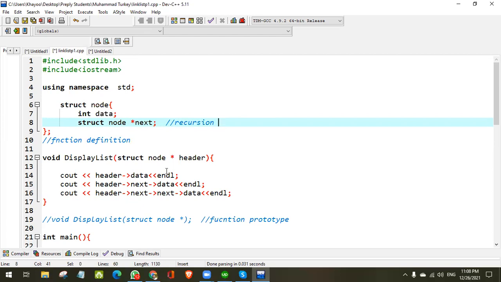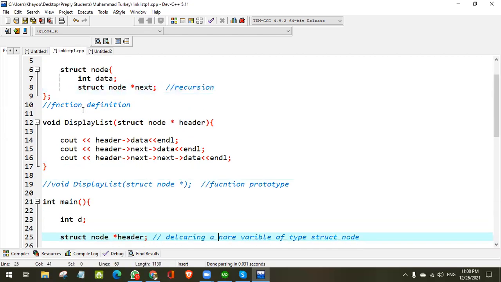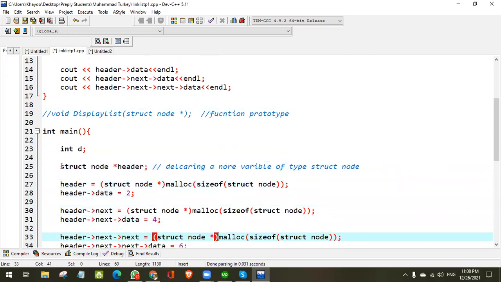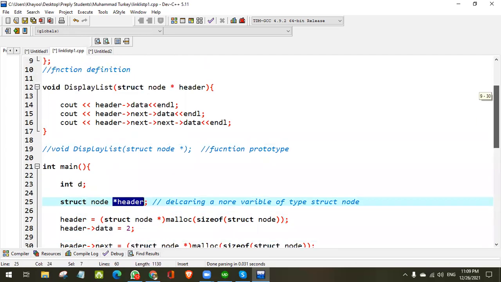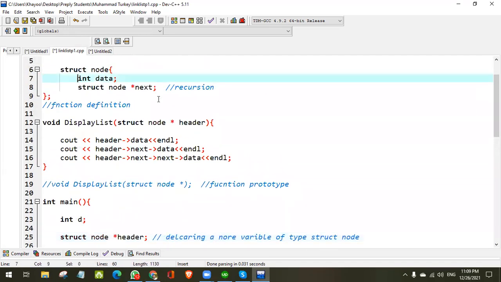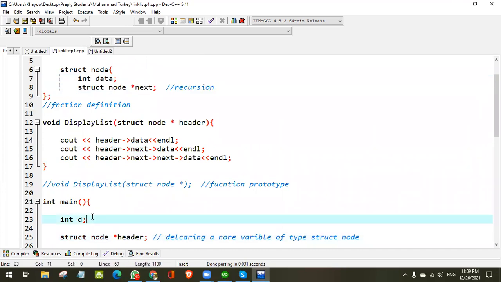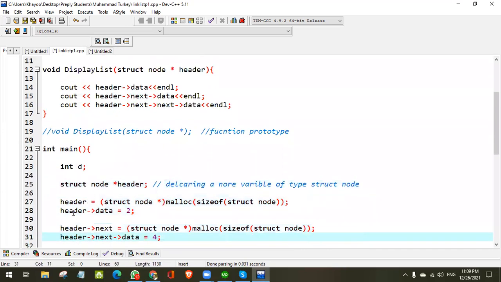So look at here. Now this is node, and here in the main function, what we are doing, we are creating a node here. This is called header. This is a node. Now this node means that we have created a variable which will have these two things. And now we will set these two values. Look at how I am setting this. I am taking header is equal to, because this is header and we have not created its size.